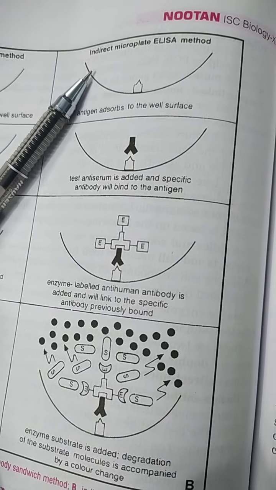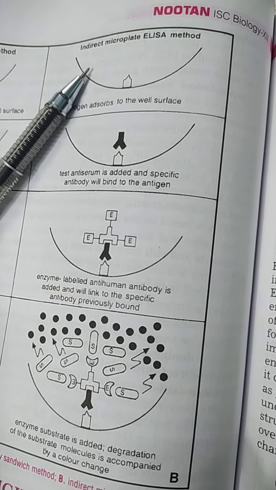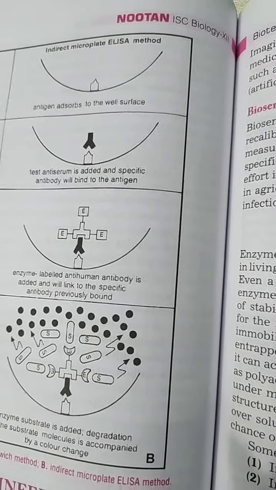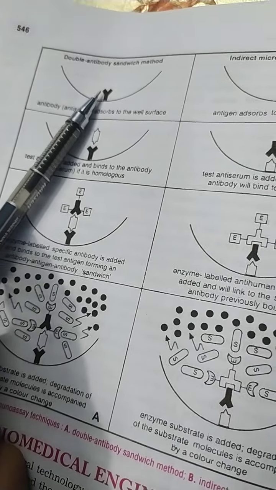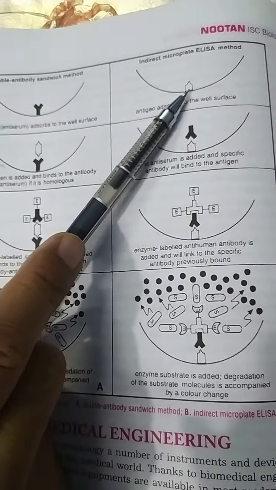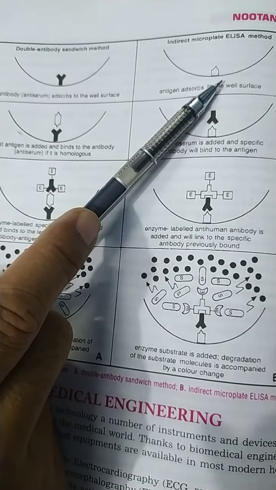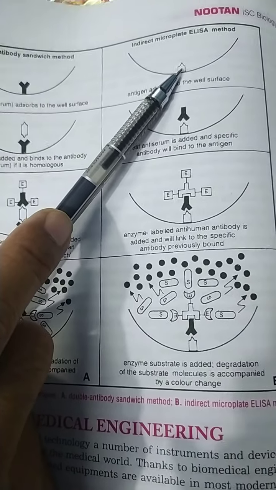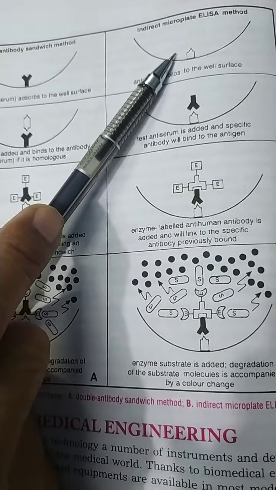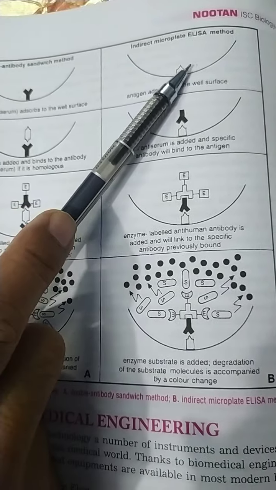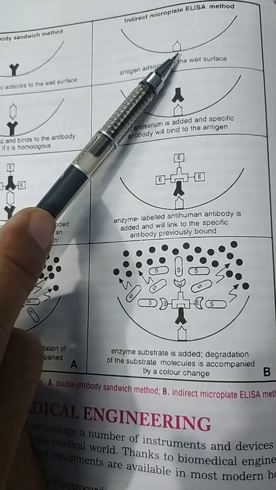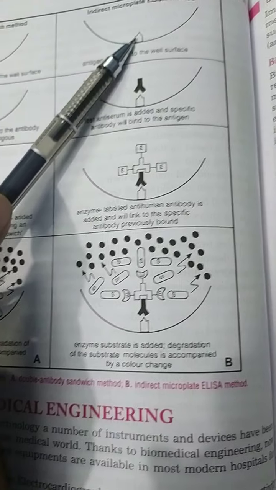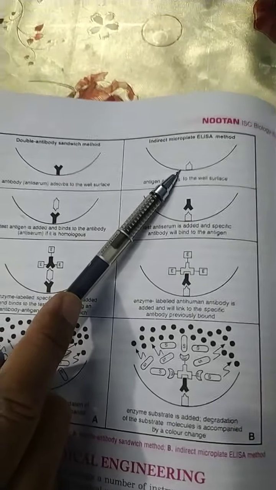The initial step involves the coating of polystyrene wells with antigen. Now here we started with the antibody, but in this kind of test, the indirect microplate ELISA procedure, first the antigen comes and immobilizes at the bottom of the polystyrene well. Once the antigen is absorbed passively to the wall of this well, then we see the